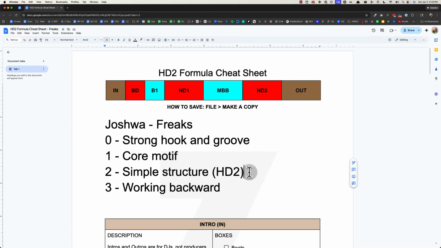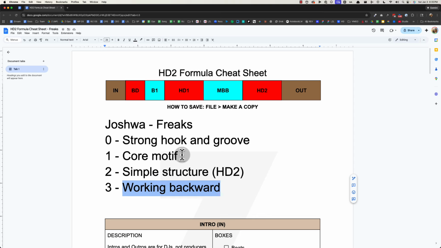So we're going to show how it's such a simple structure and how Joshwa's doing it. And then finally, what I want to show you is how you could do something like this track, but a lot of producers think about it in the opposite way. They approach it one way, but it's a little bit of a trap. It gets you a little bit stuck. So I want to show you how you can build a similar track, with a core motif like this, but you're going to have to work a little bit backwards. So we'll take a look at that.